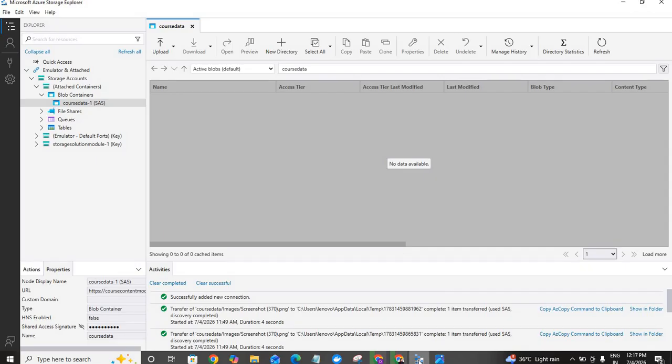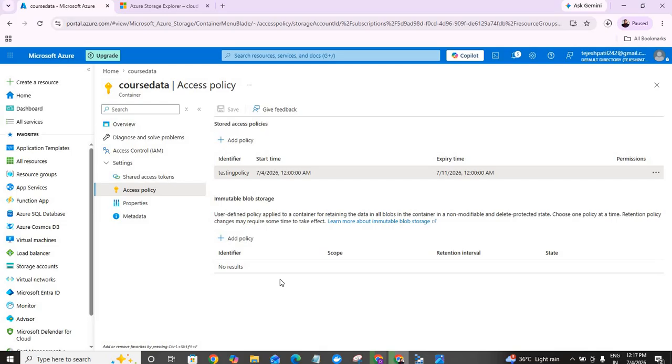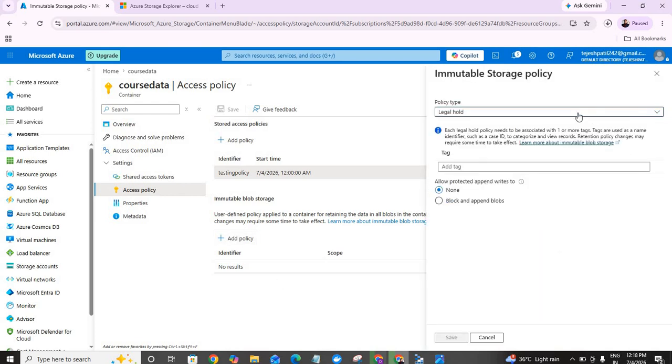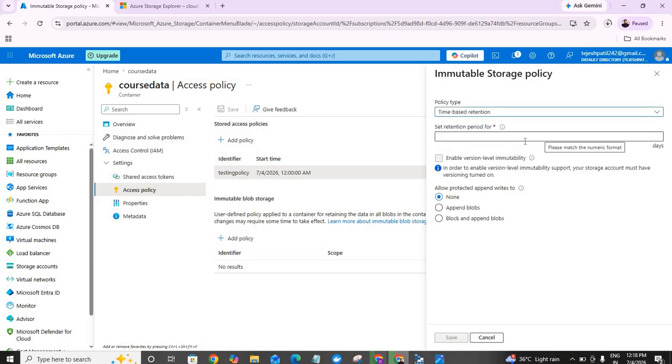now we will learn how you can apply another policy on some file or some container you want, so that you cannot modify the data, immutable Blob storage. Okay, for that there are two types of policies. Right now we are interested in the time-based retention policy, and let's say we want to disable editing for 2 days. Click on submit,